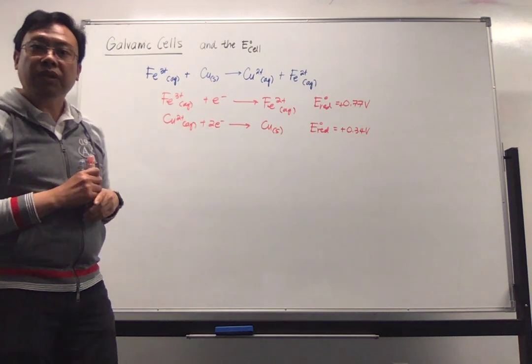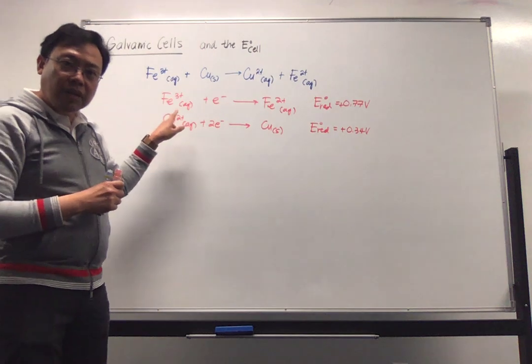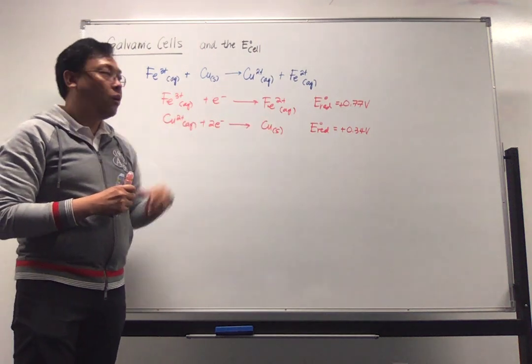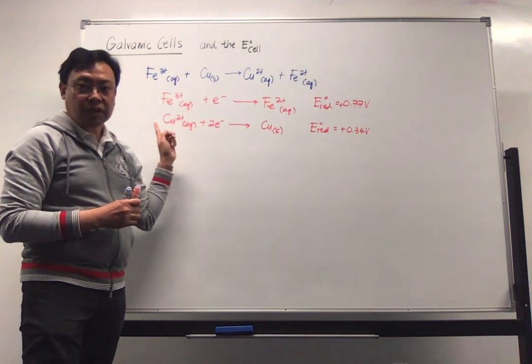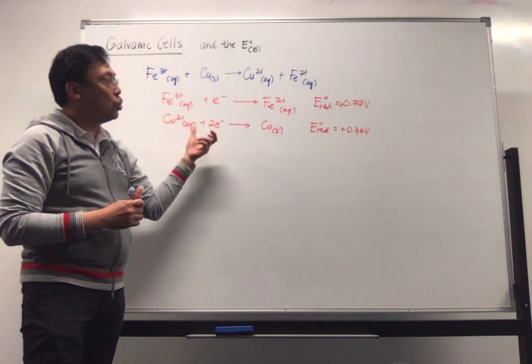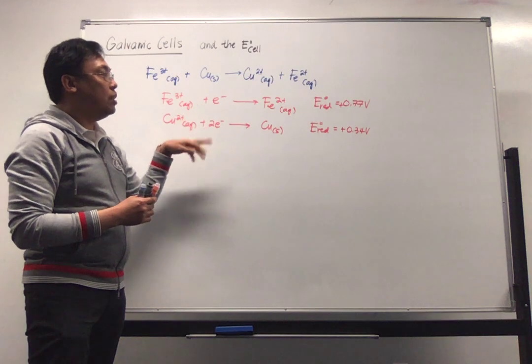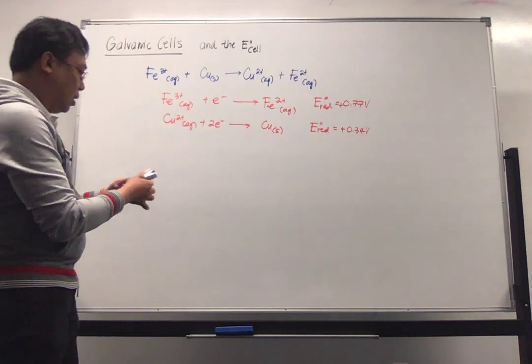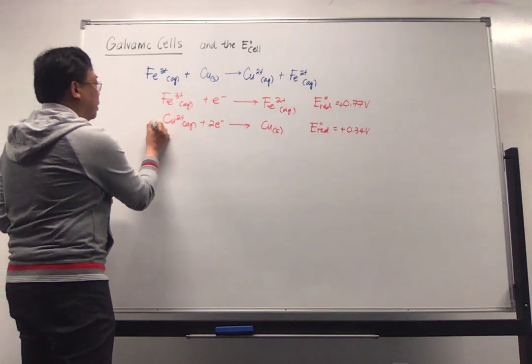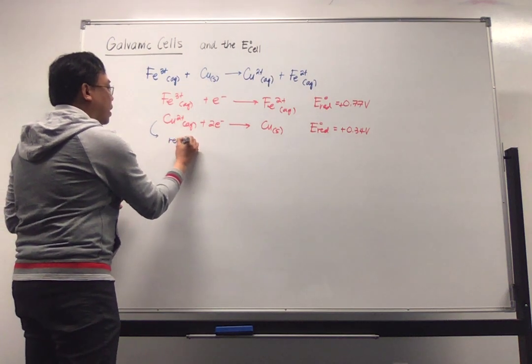So as we know in redox reactions, if there is a reduction, the other one has to be oxidation. In other words, this has to be reversed so as to be able to construct a cell from these two reactions, because this already wins over this. So when we do that, we reverse this reaction